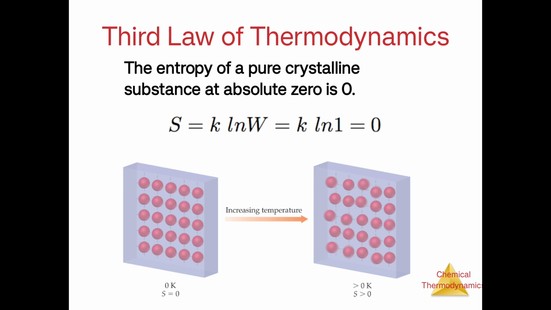What it says is the entropy of a pure crystalline substance at absolute zero temperature, or absolute zero Kelvin, is zero. What does it mean? A pure crystalline substance will have the W value. What is W? Number of